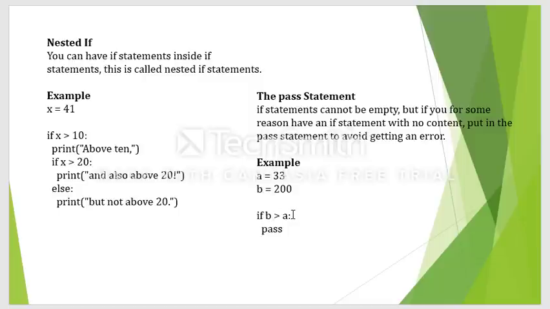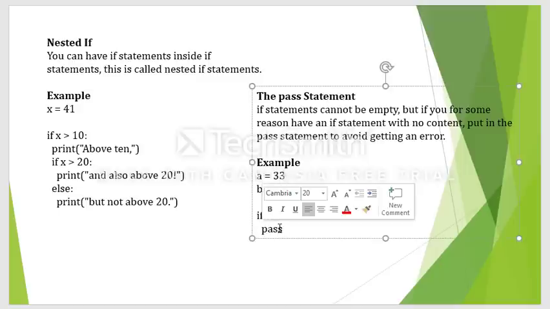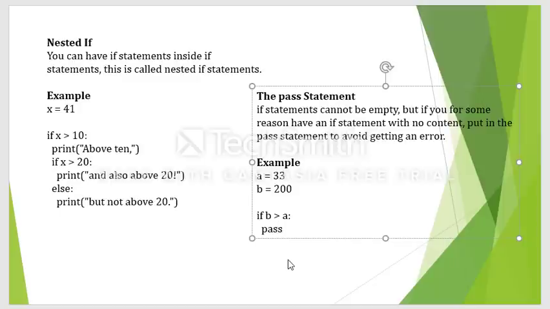So if a greater than b, you will check the condition. Whether it is true or false, you don't bother, you just simply pass and continue with the next statement. Okay, at some times you may require these kinds of statements in your program, so at that time you can do this.